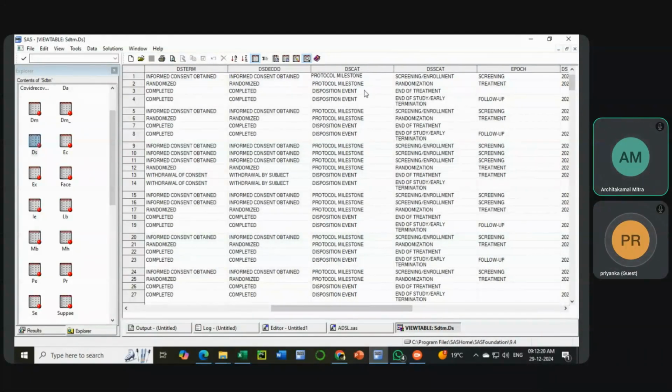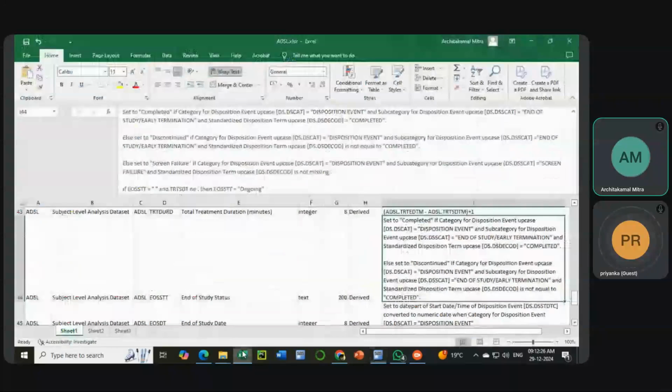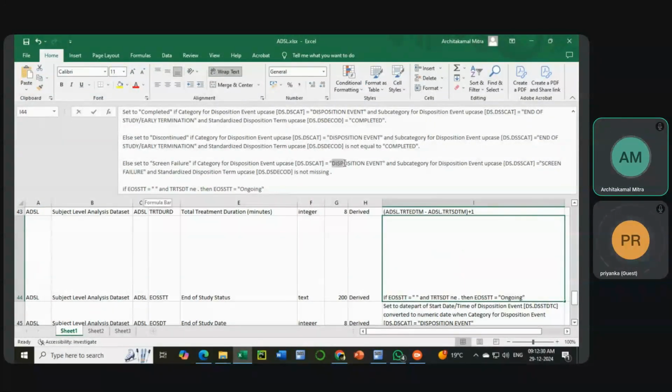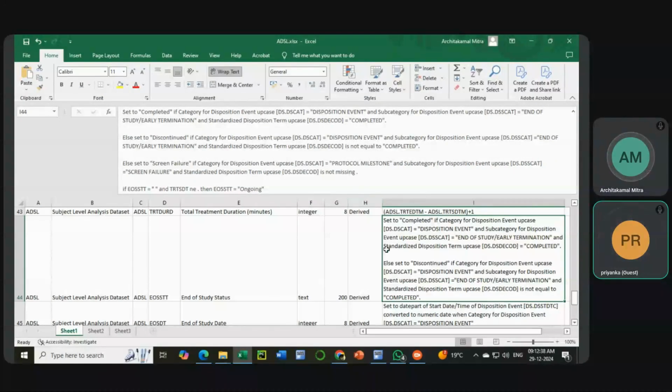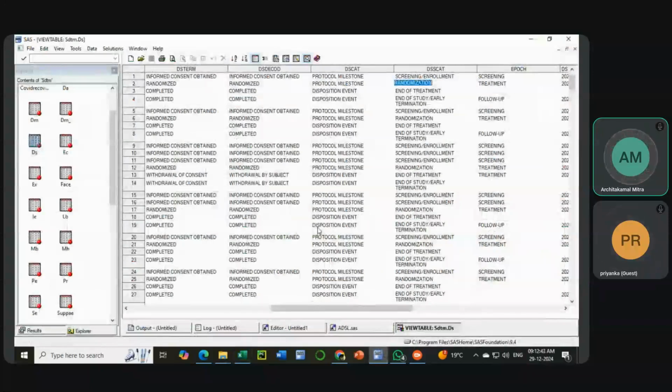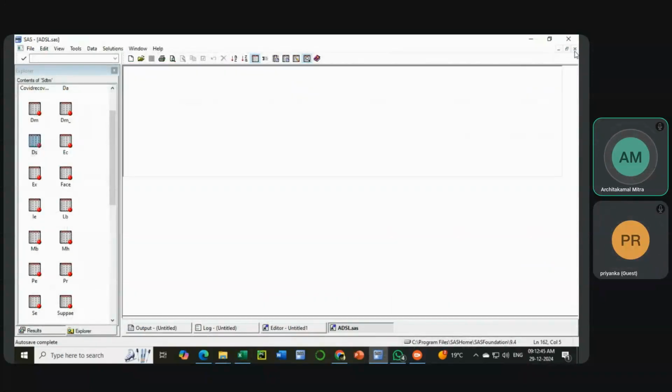Or we have the data also like that, only protocol milestone is. Yes, let's make changes to the specification. Good catch. Very good catch. Protocol milestone. Very good. Yes. Here we make the changes to the specification. Here also we make changes to the